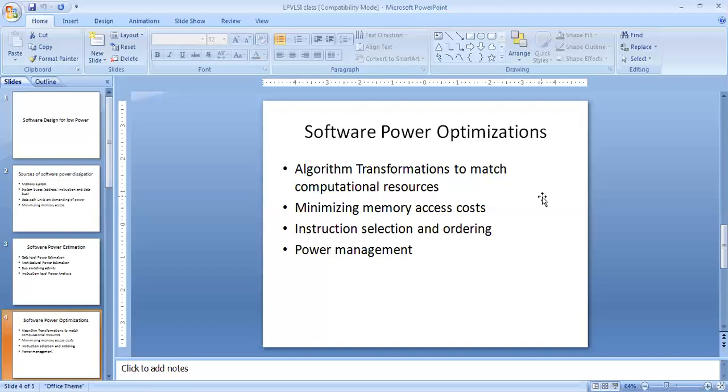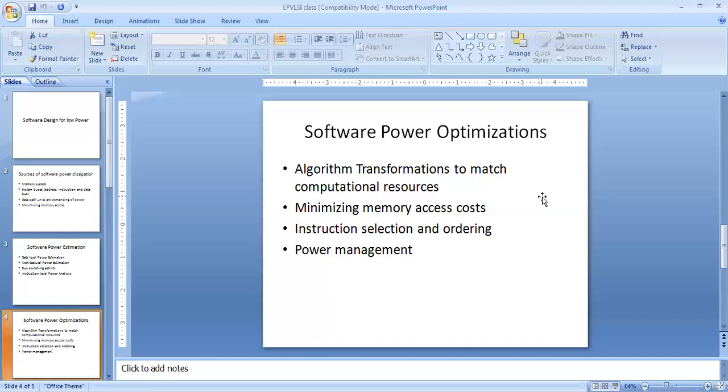Then there is another algorithm transformation operation available, that is the reduction operation. Reduction operations are also an example of a common class of operations that lend themselves to a trade-off between resource usage and execution time. Okay. So algorithm transformation means you can transform the algorithm in such a way that it will utilize only lesser computational resources so that you are able to reduce the software power.